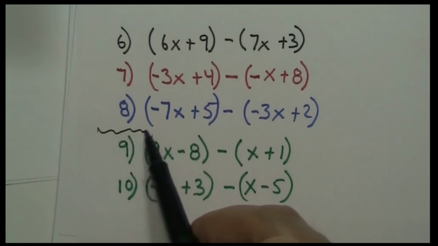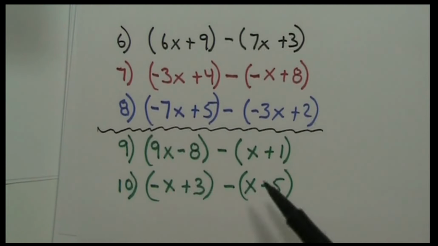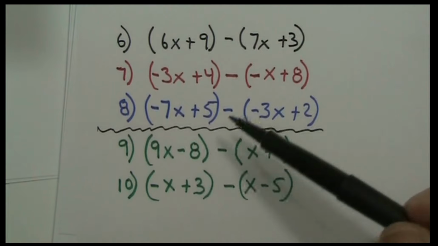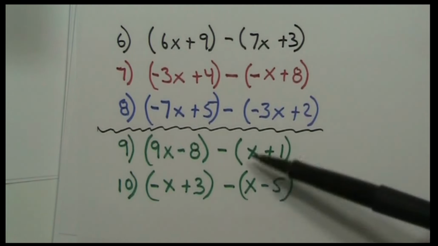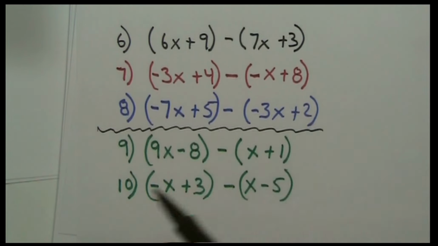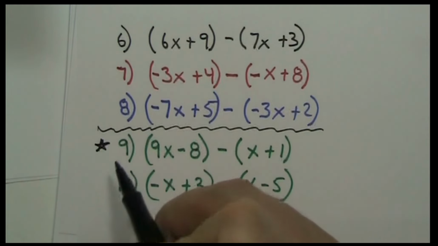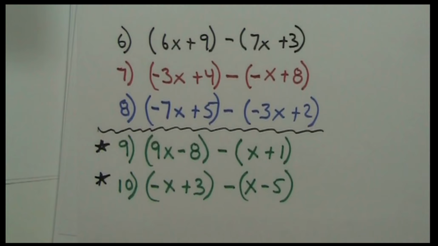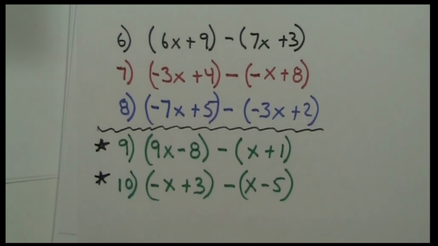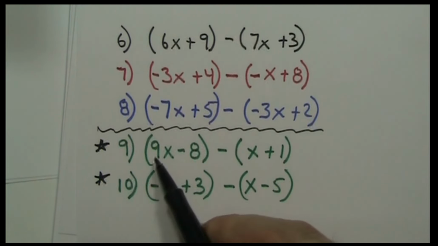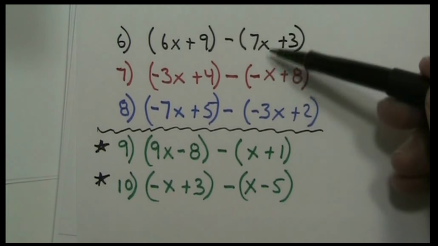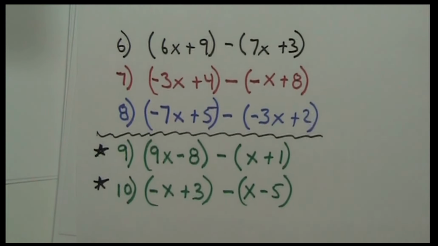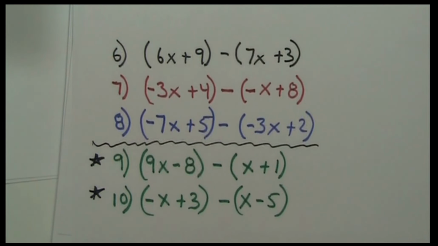If you're at home doing this, forget about 9 and 10. You don't need to, but just concentrate on the first 3, 6, 7, and 8. This is optional for those who are at home. Okay, during the COVID time, these are optional. You don't need to do those. But 6, 7, and 8, this is what we need to do. So I'll leave it up there for a minute. You can always pause the video